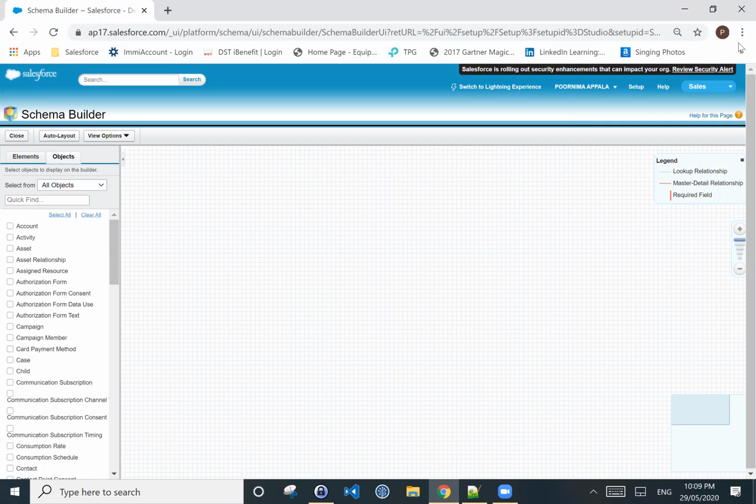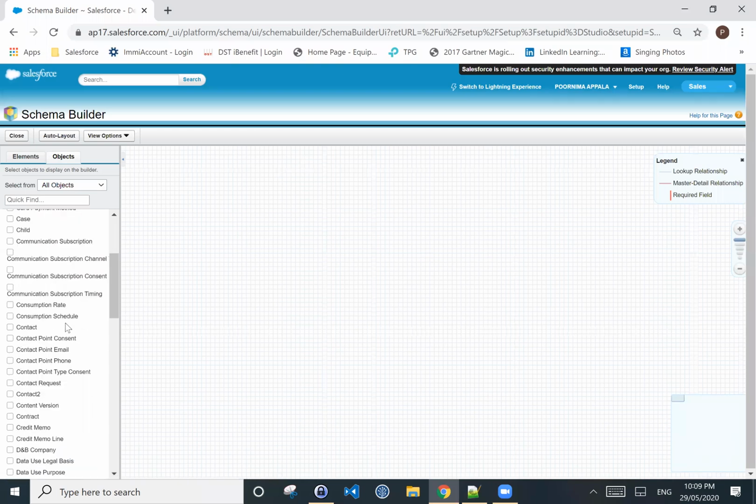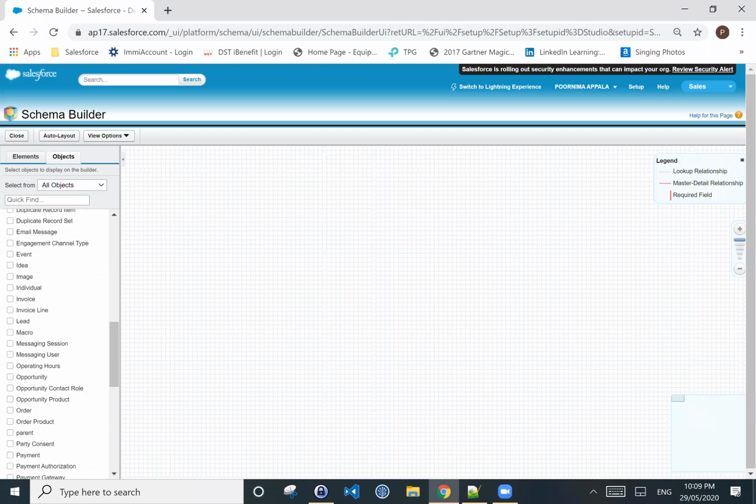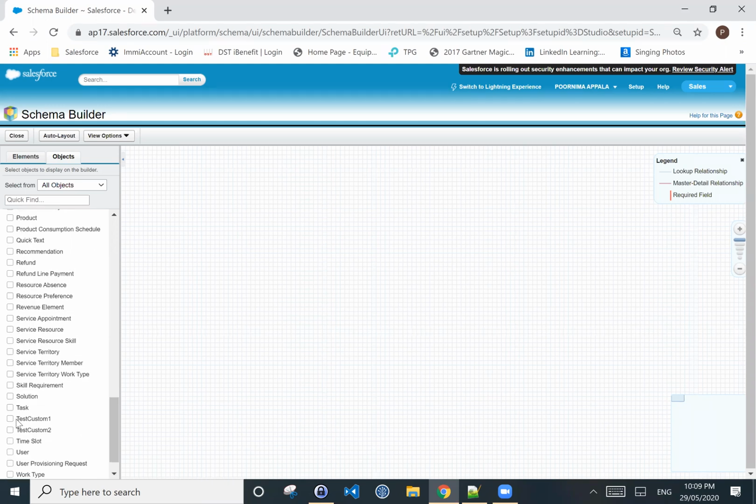We can do it directly from here, whatever relation we make between objects. These are default objects in Salesforce already. What I'm telling is how I show what objects have been created, and I will show you what the relation is between them.